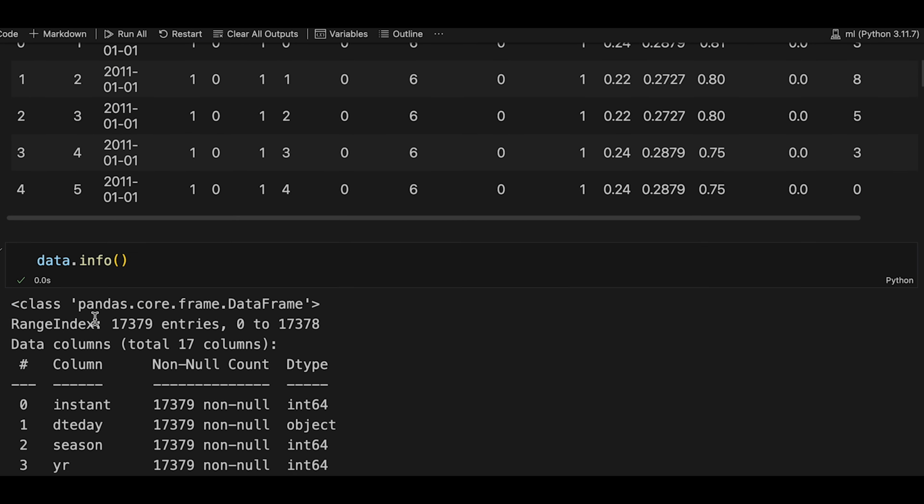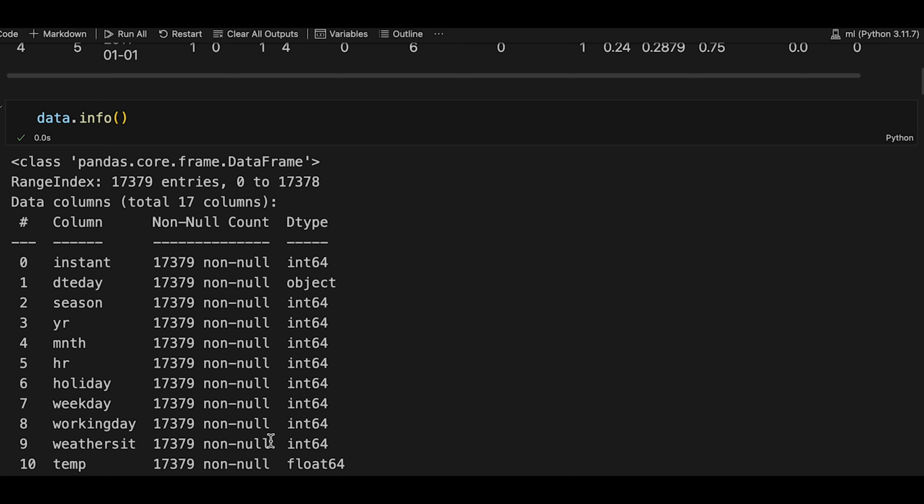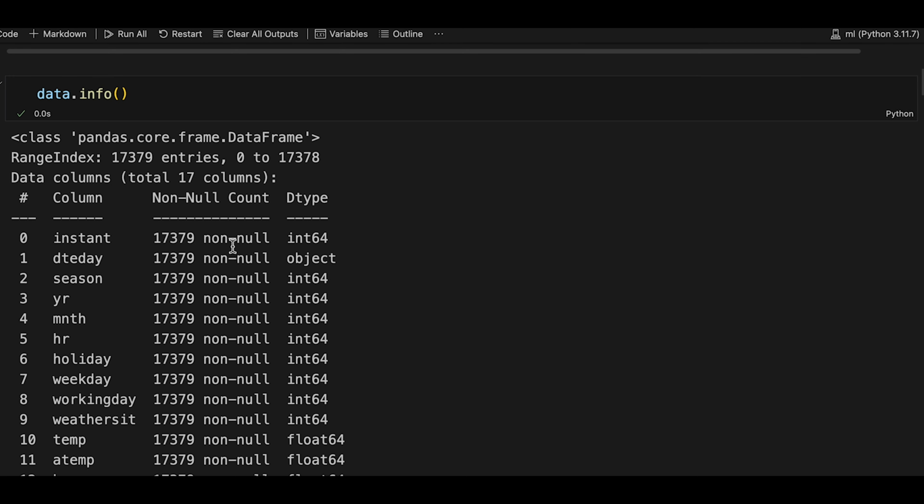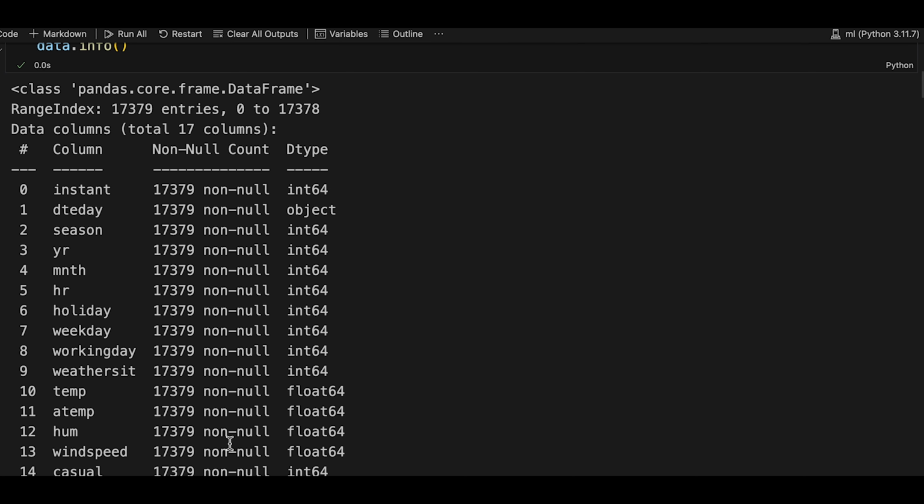So data.info will give us the total number of rows that are available with us, and the data type of each and every column or feature that we have. So that information we can check, and it will also give us the count of non-null values. By observing this as well, we can clearly know the number of missing values. But instead of this, if we use